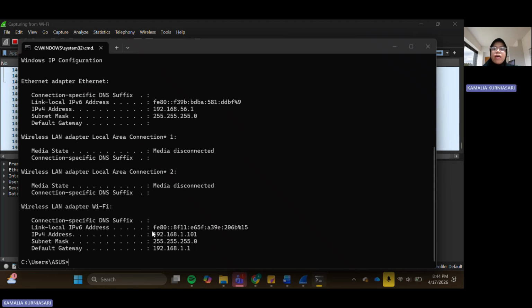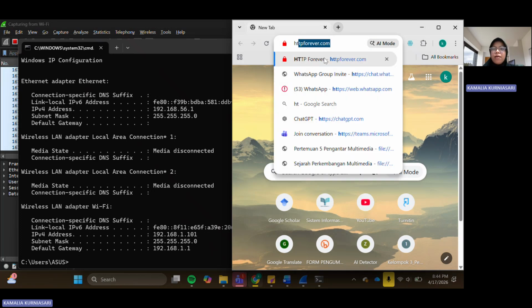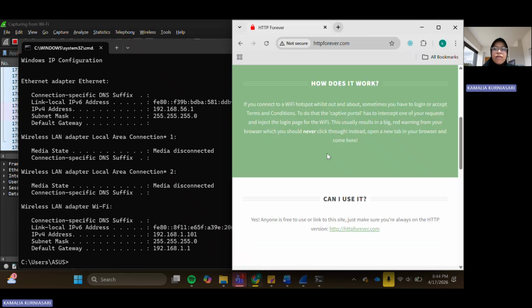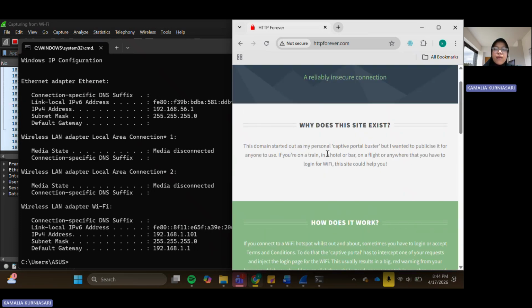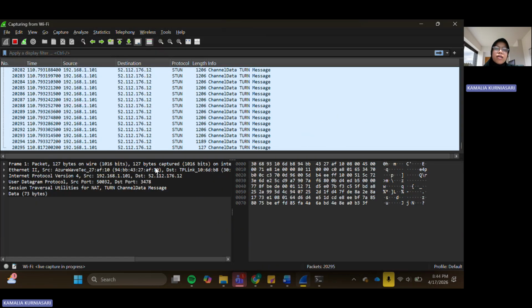And after that, we open the web browser, Google Chrome, and access a website called HTTP forever. Okay, we have accessed the web browser, and the system is then left running for a few minutes to generate sufficient network traffic data.